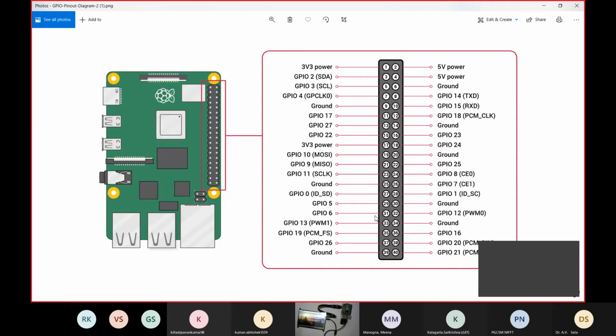There is this 40-pin GPIO, but there is one issue: we cannot use an analog sensor directly with this GPIO header. We'll have to use another module to connect an analog sensor with this Raspberry Pi. But as of now, with direct connection, we cannot use an analog sensor with the Raspberry Pi.